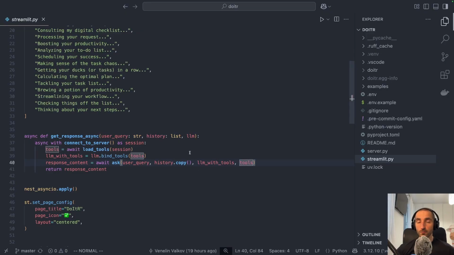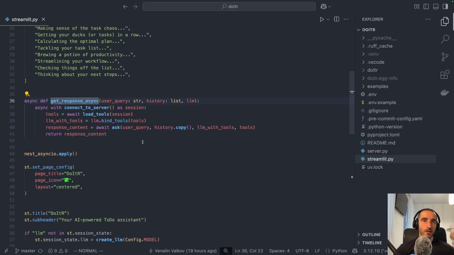Of course, you might prefer to build this into a class to be a bit easier to work with, but this is the function with the 4 different parameters. And then based on that, I'm going to be returning the response from it. And again, this is an asynchronous function. So in this case, in order to make everything work together, I'm using the nest asyncio. And this will essentially synchronize the threads between the Streamlit application and the thread that I'm going to be using for connecting